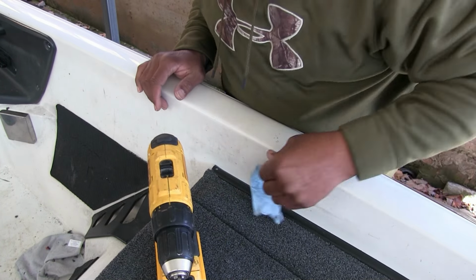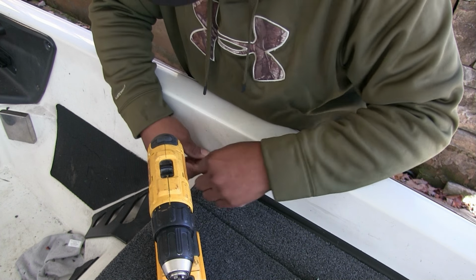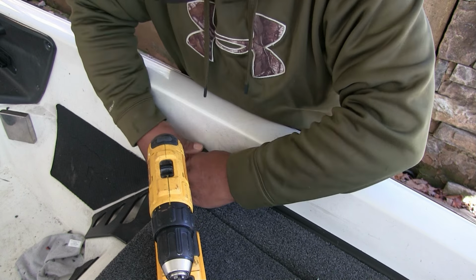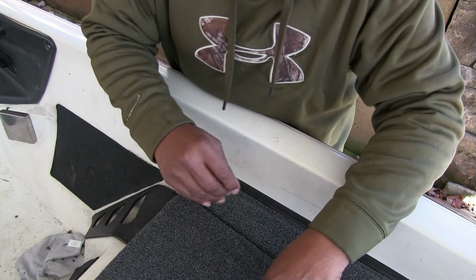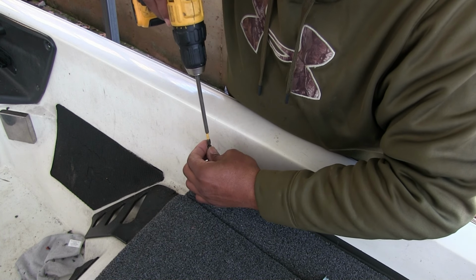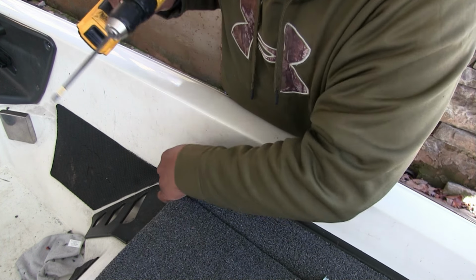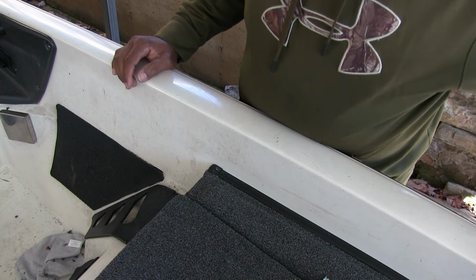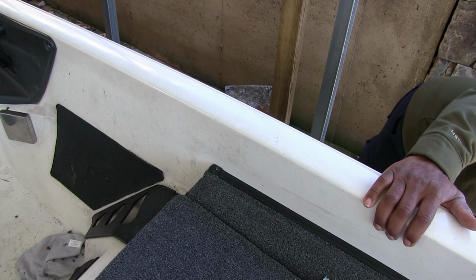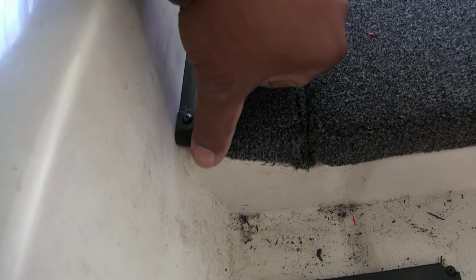Don't hit the camera. Okay, now I'm gonna put this trim piece on, and you got to pull the trim piece out just a little bit to get this piece behind it. Like I said, you can put this screw in it. So that edge is finished, and the rest of it is done nicely. Let me show you. Okay, as you can see, that finished that edge of that trim lock,